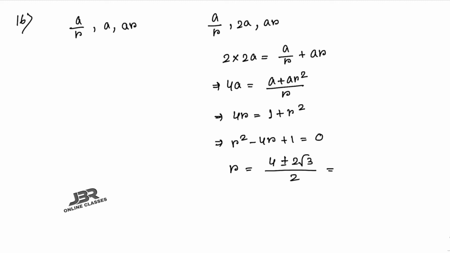Okay, you can also take common 2 here. So it will be here 2, just write down here 2 plus minus root 3, not 2 root 3, 2 plus minus root 3. Okay, now as R greater than 1, so definitely R equal to 2 minus root 3 is rejected. So here the value of R equal to 2 plus root 3, because remember that always R greater than 1. Okay, so here the common ratio is 2 plus root 3. That is your answer.